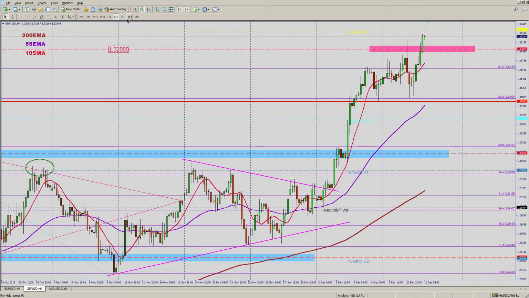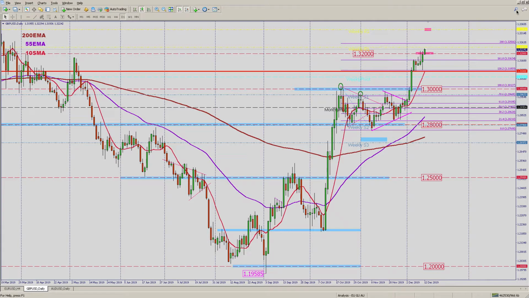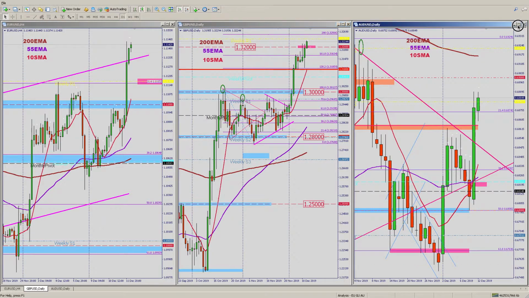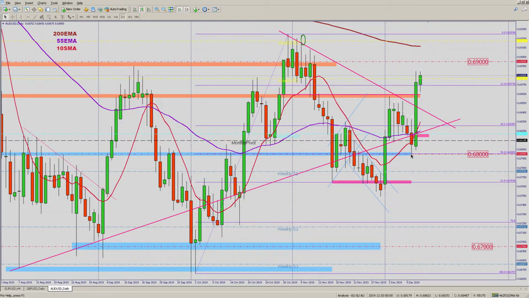All right, let's take a look at the Aussie dollar. And the Aussie dollar has also found support and took advantage of the weaker dollar and climbed all the way from the 68 support level and is already starting to approach the 69 resistance level here,